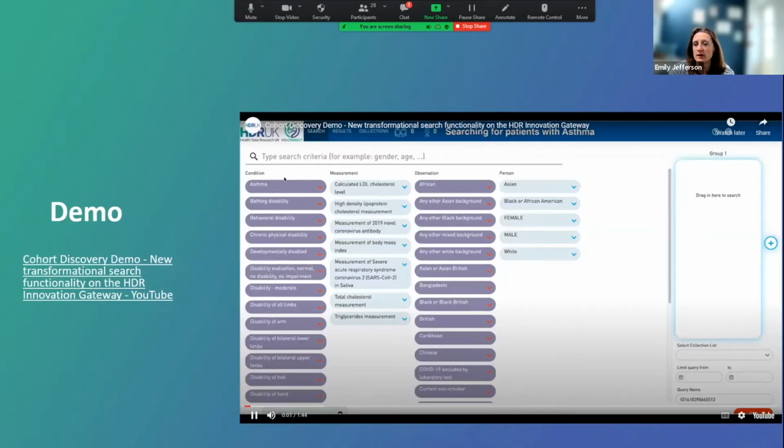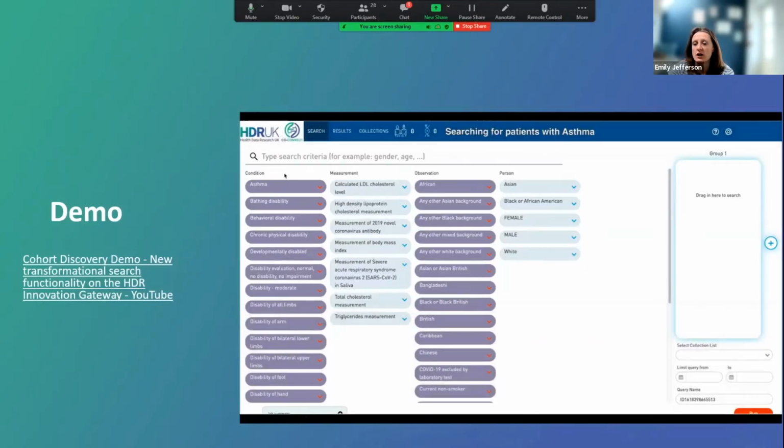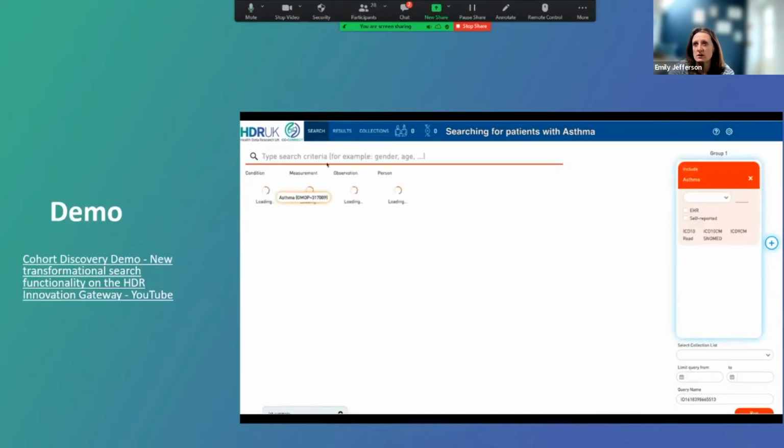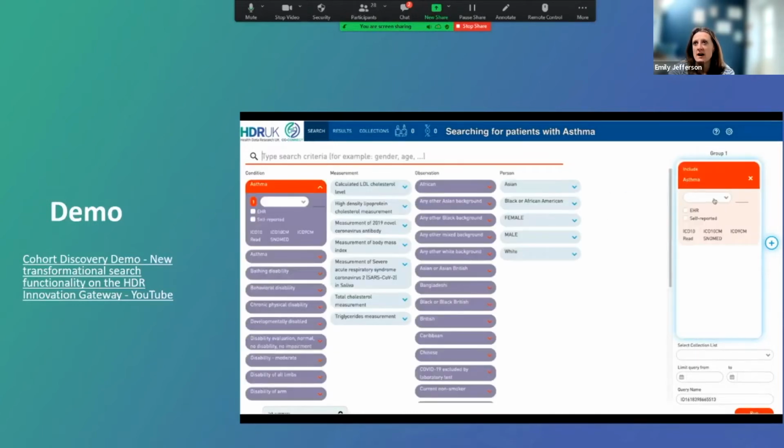This is what the tool looks like. I'm not going to spend a huge amount of time just playing this, because this is available for you to go and have a look at. But basically, you can select that you're interested in people with asthma. Then you can select other variables